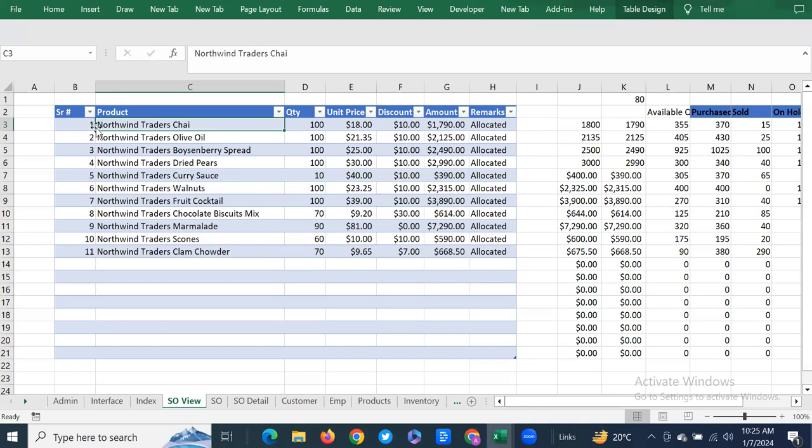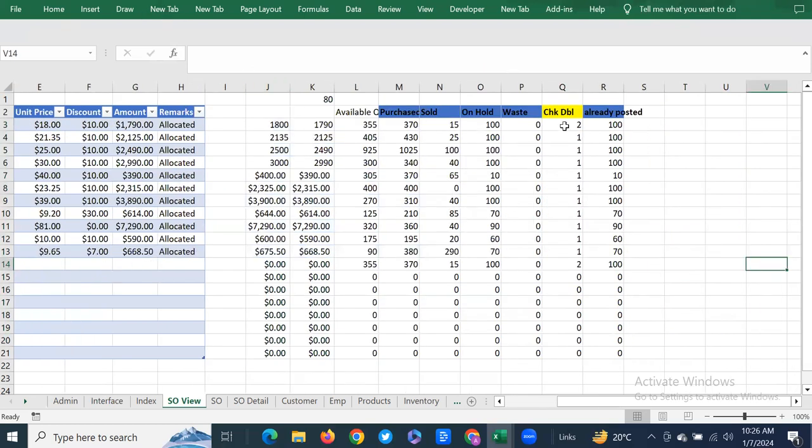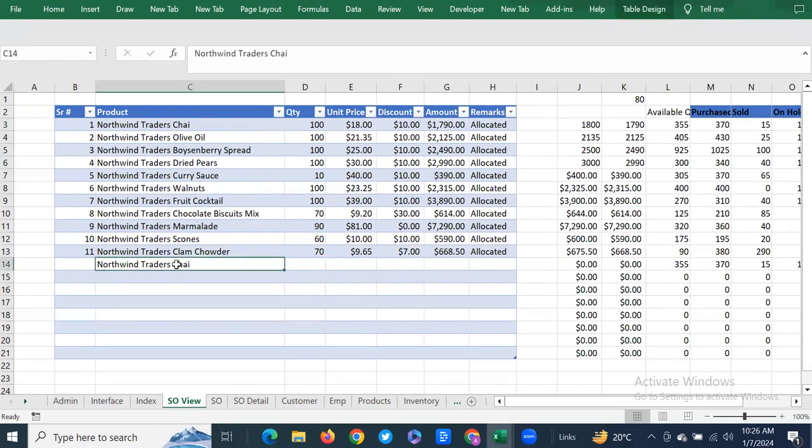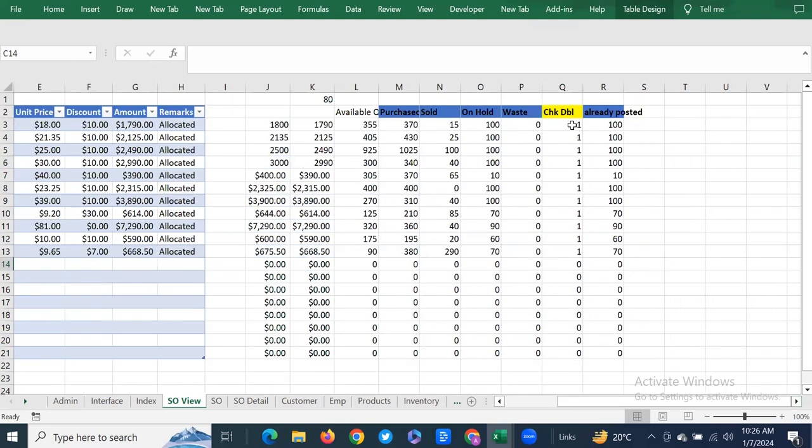For example, if you copy this and enter here, right? So now it is appearing 2 times. So that is going to become this. This is going to be 2, right? And that will invoke an error to the system. So it will not validate it. Okay. So let's close it. So it will get back to 1. Right, so this is a good way of checking if an item was incorrectly doubled within the same order,